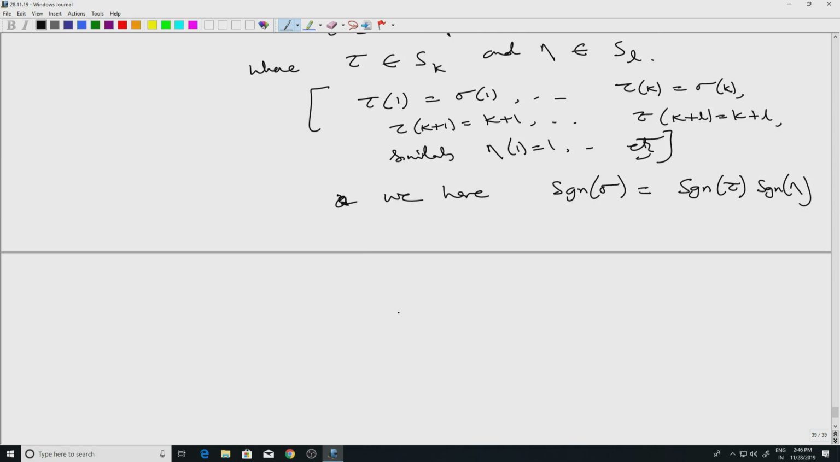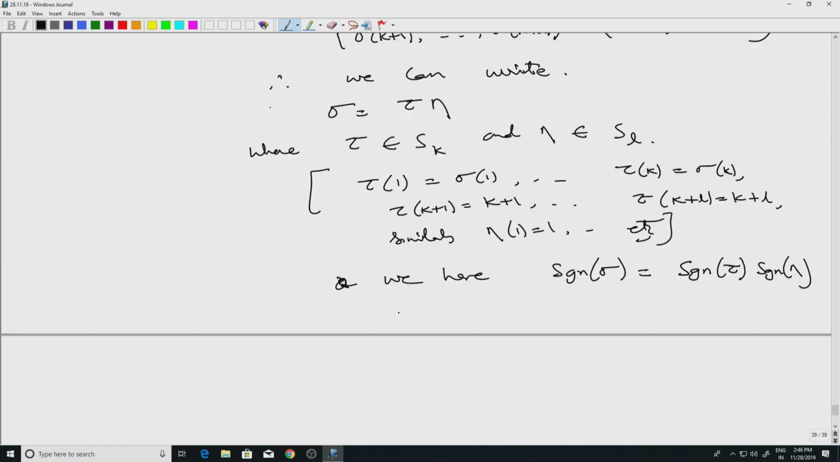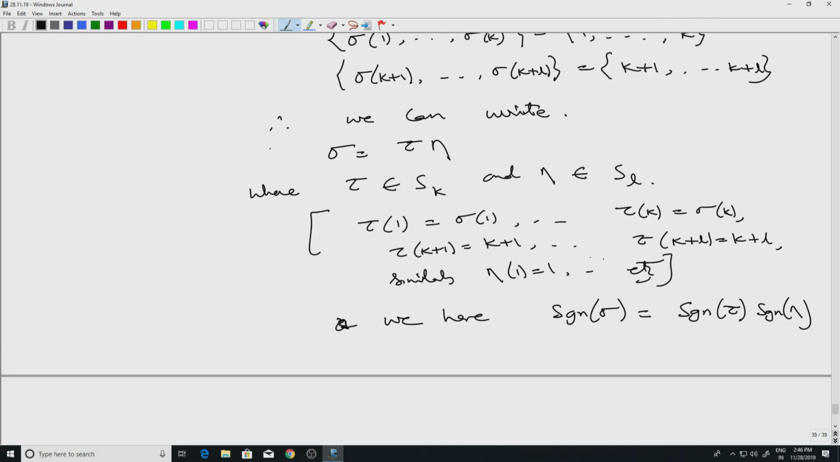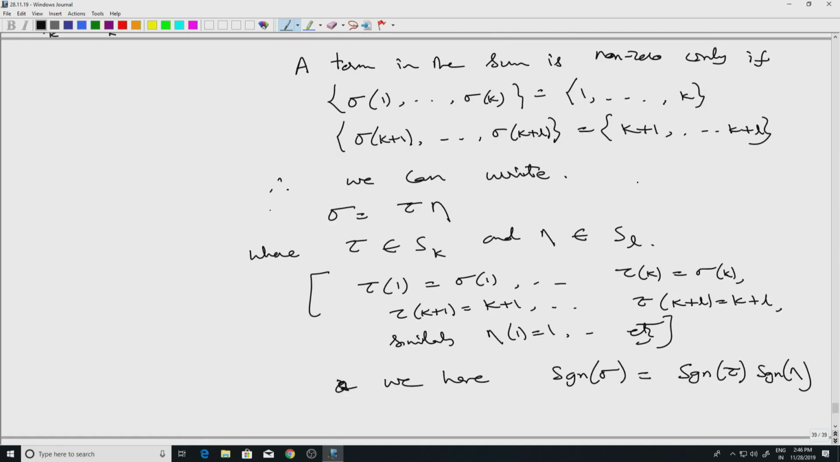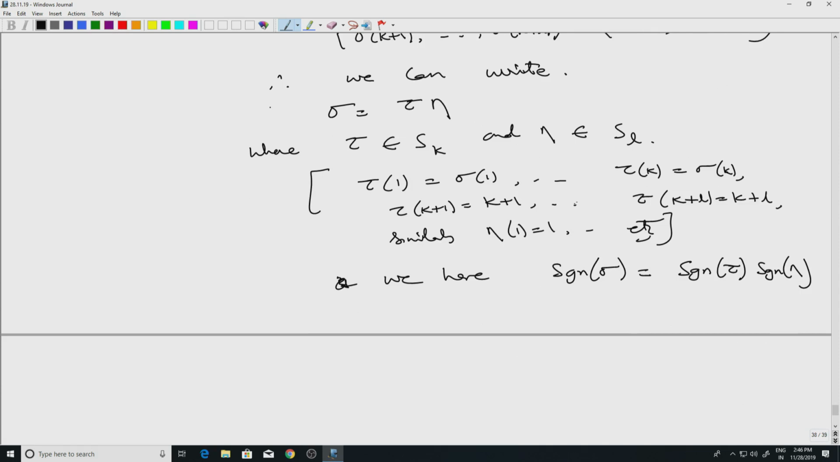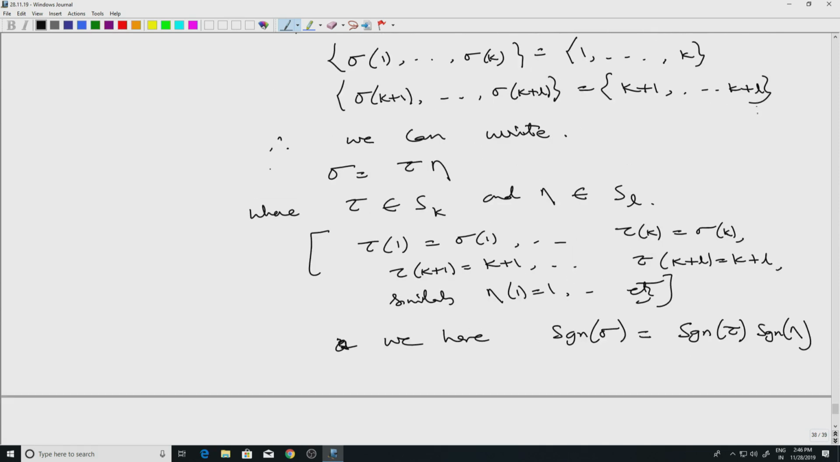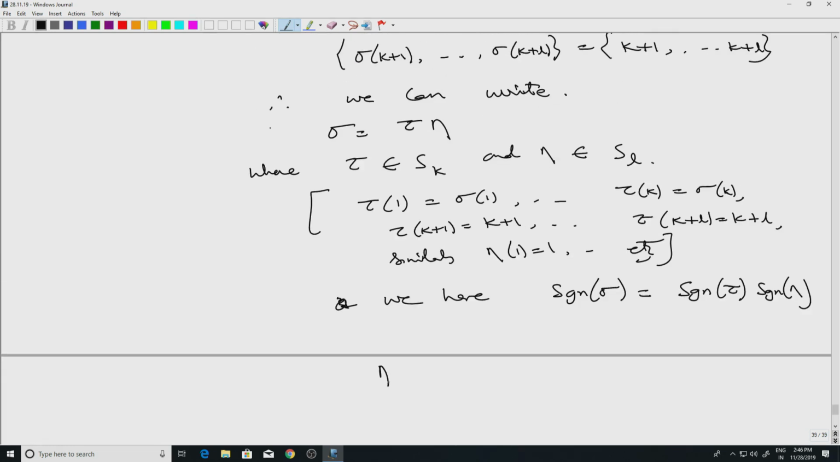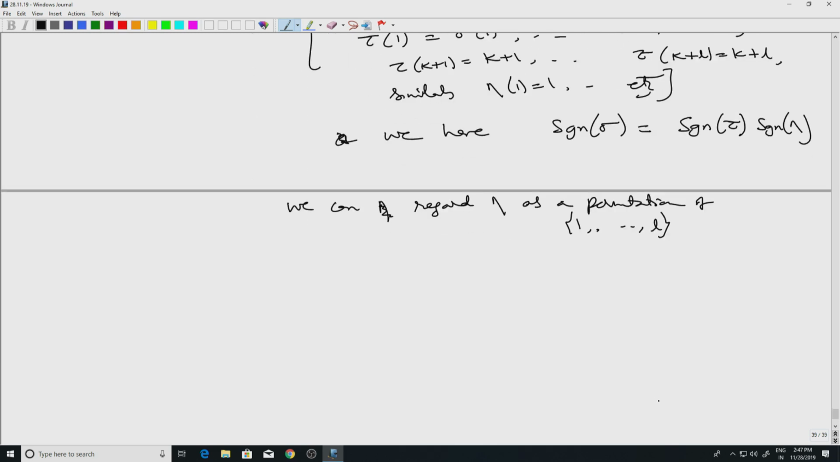And another small change I make is the way I've written it, eta, notice that for k plus 1 onwards, instead of eta acting on k plus 1 to k plus L, I can just regard eta as a permutation of 1 to L, in which case what I was trying to write here will become